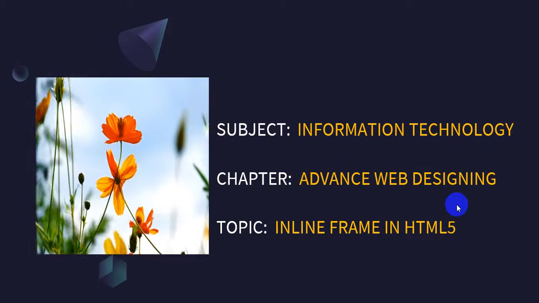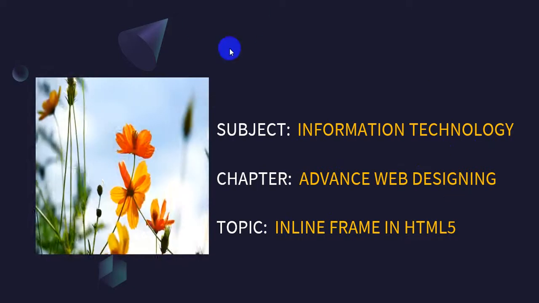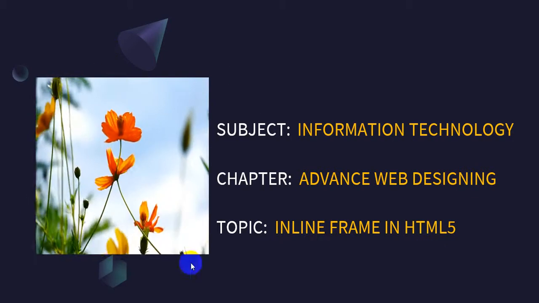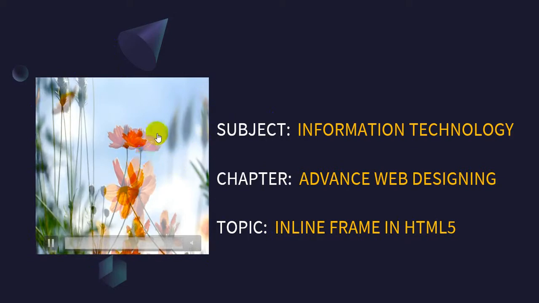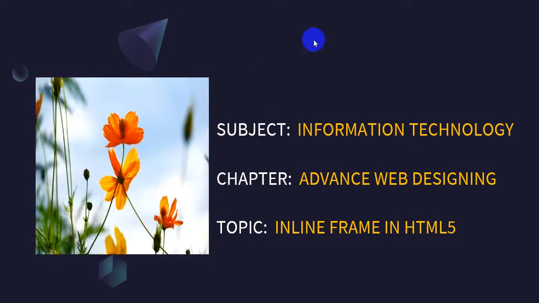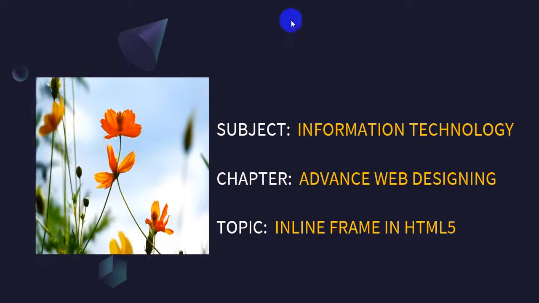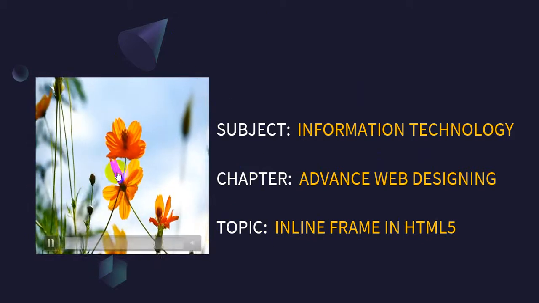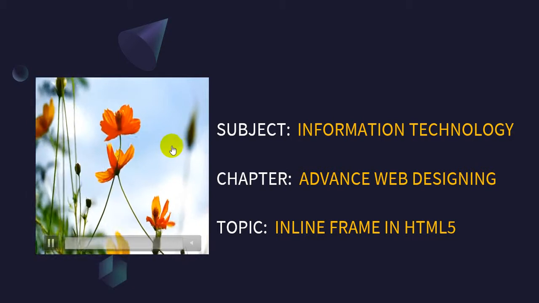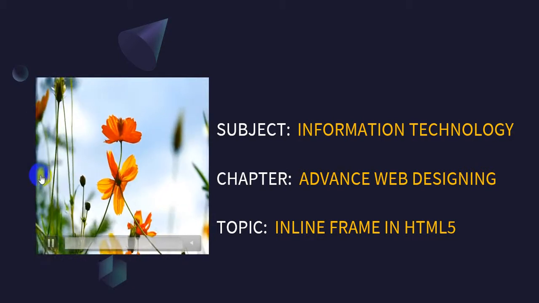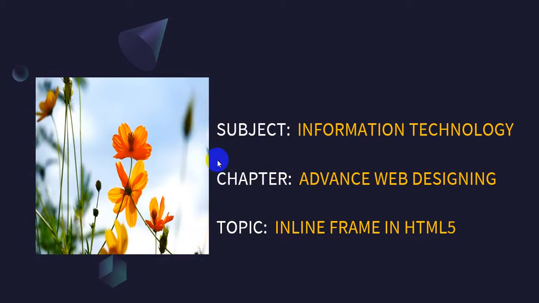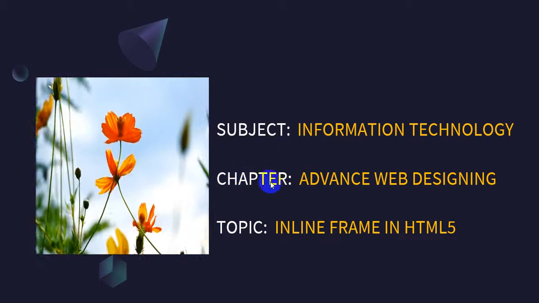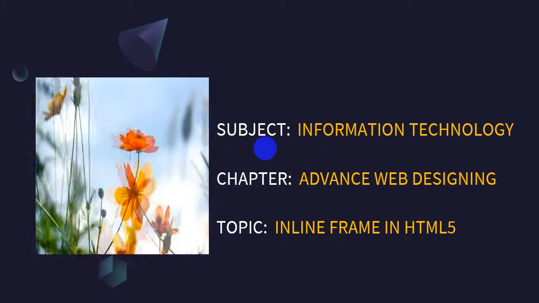Finally, for example, just see this screen where we have a box, we have a section. In this particular section you might notice that one video clip or one animation clip is going on. Just try to understand, this is your whole page, and in that page you have one section, and in that section you are going to display some other content or some other web page. So this box or this frame works as an iframe. We can insert different types of frames by using the iframe tag.